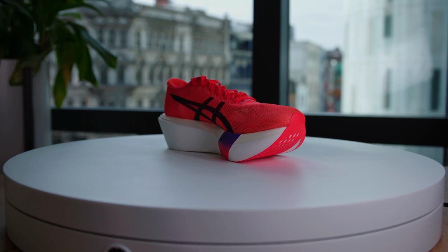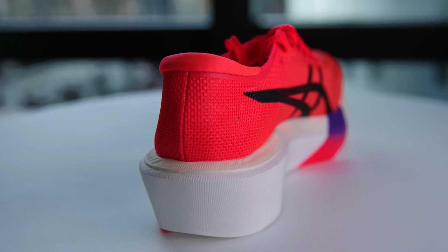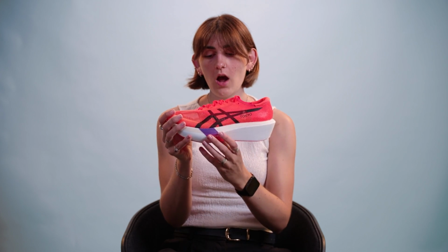So then if we look at the Sky, as I've said, the foams are reversed in this one. What you actually have on the bottom is that FF Leap foam. So you are going to notice a very soft heel if you're a heel striker like me and you land on it there. Again, where the plate is not as curved as in the Edge, I would say you're getting a slightly snappier toe off with the Sky. You can really feel like you're being snapped up onto your toes here,